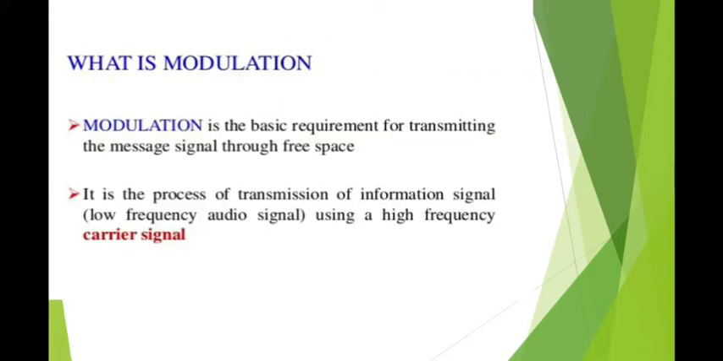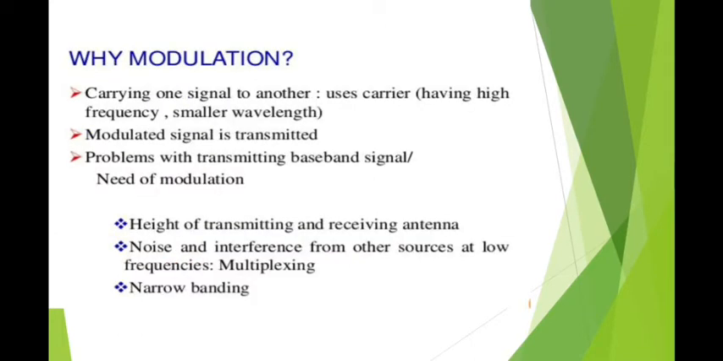What is modulation? Modulation is the basic requirement of transmitting the message signal through free space. It is the process of transmitting an information signal using a high frequency carrier signal. Why modulation? To carry one signal on another, we use a carrier. The modulated signal is transmitted. Problem with transmitting the baseband signal, or the need for modulation: